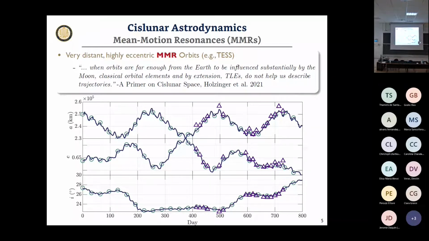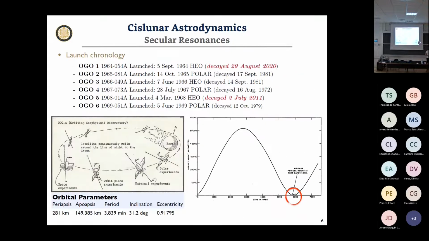But what it takes to actually reproduce this trajectory is an ephemeris model of the restricted four-body problem, the Earth, Moon, and Sun system. So even at the basic fundamental level, the circular restricted, or even the elliptical restricted three-body problem, does not reproduce the ephemeris of these mean motion resonant spacecraft on even shorter, what we would consider shorter, times as well. This is about 1,800 orbital revolutions of the spacecraft.